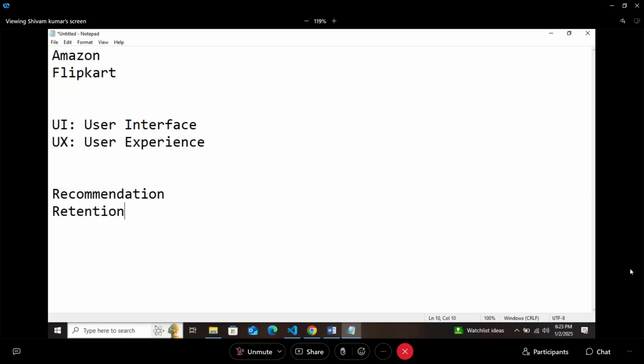There are only two things that I believe in: recommendation and retention. What is recommendation? Let's say Deepak is one of my friends. I have been staying in Hyderabad for a longer time. He is coming to Hyderabad for the first time. He asked me what is the best North Indian restaurant here. Now let's say I went to a particular restaurant X that I liked as a North Indian.